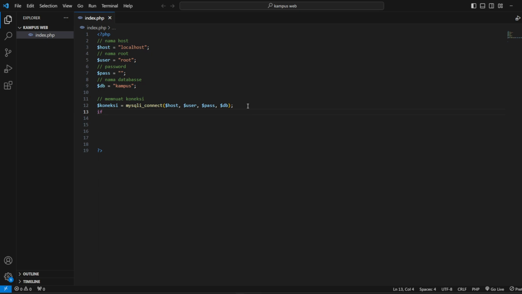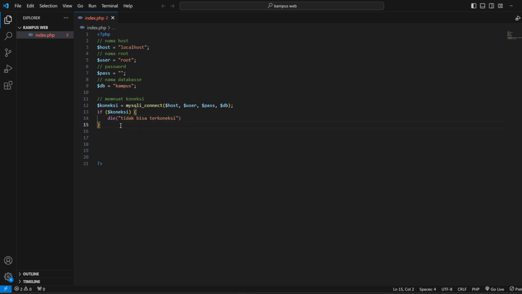You can write if the koneksi die, or dead, is writing "tidak bisa terkoneksi", like this, not connected, like that.